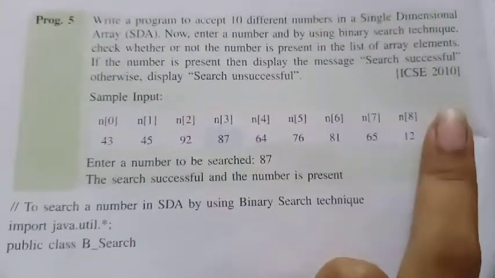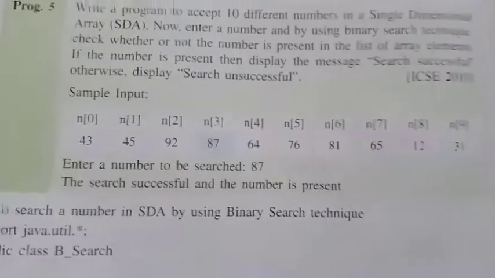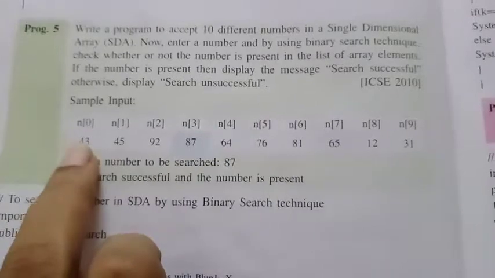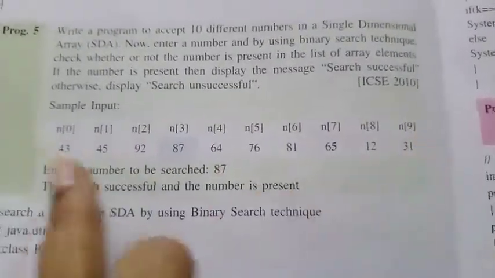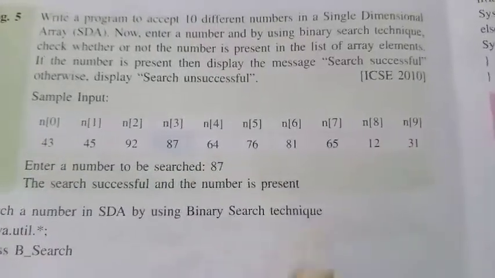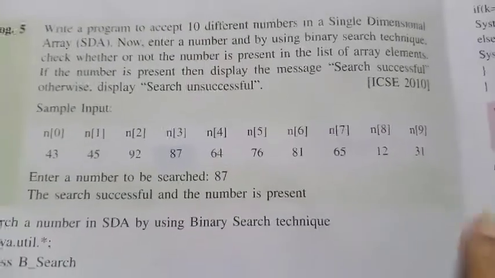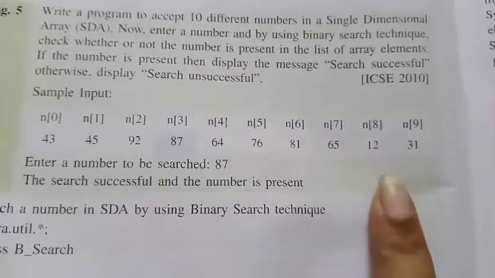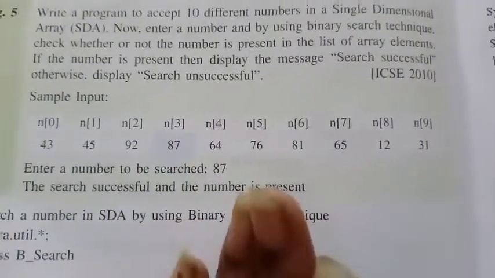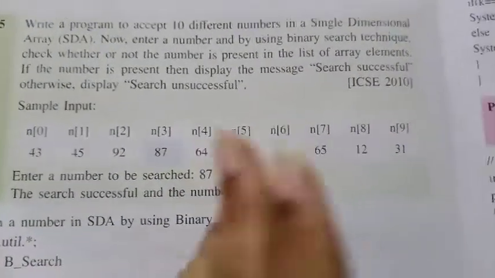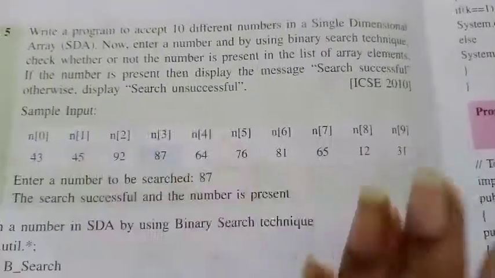So in the binary search concept, what we will be doing is calculating the middle, that is, lower bound plus upper bound, divided by 2. In binary search, we are going to first sort the elements. These elements have to be in sorted order. After sorting, we divide it into a lower group and a higher group.